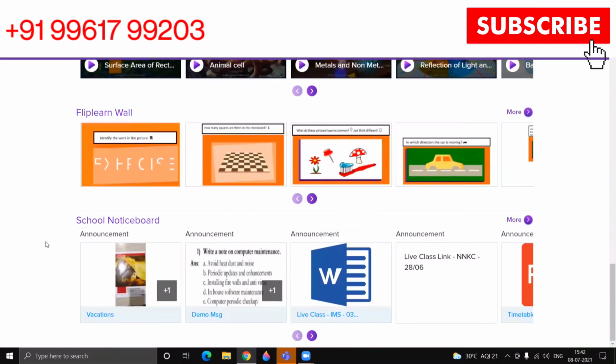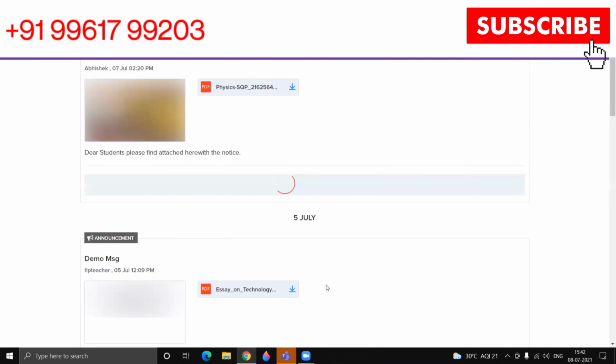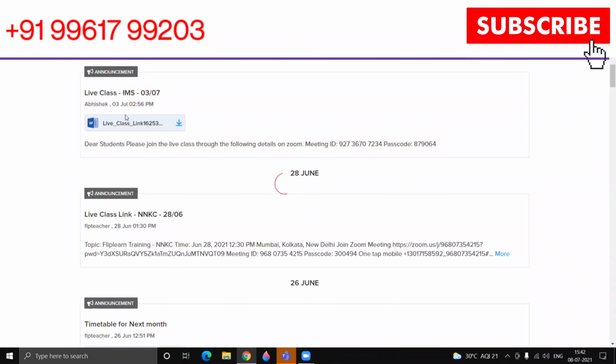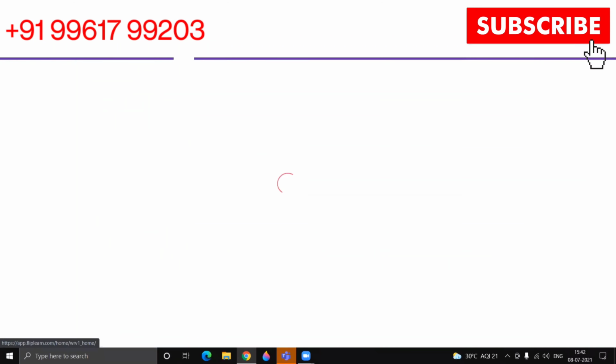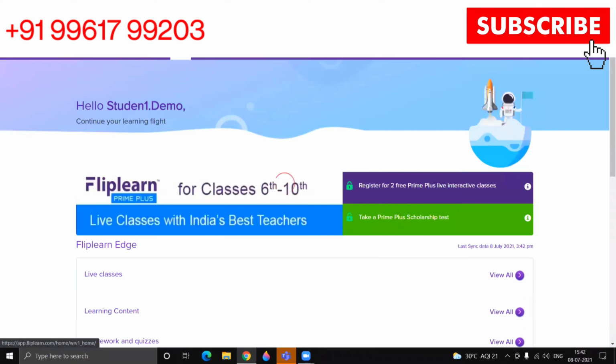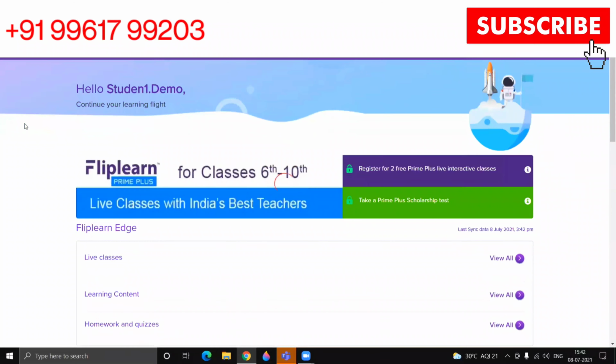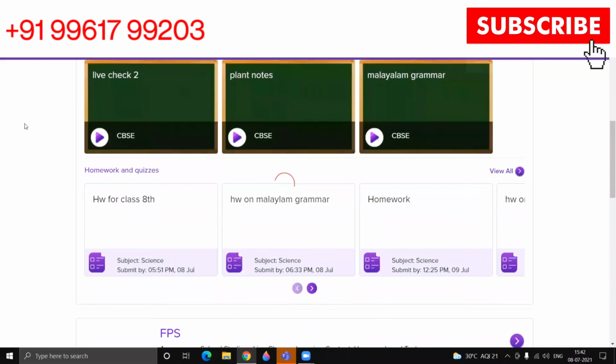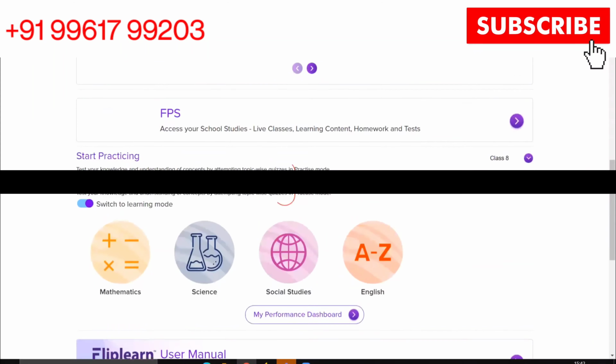And here comes a school notice board. If a teacher has sent any notice and the child wants to see it along with the attachment, click on the announcement you want to view, and you can see it here and download whatever attachment has been given. So how to assign that home notice? I'll show it in the teachers platform. So this was about the students platform. I'll come back to this feature a little later when I assign